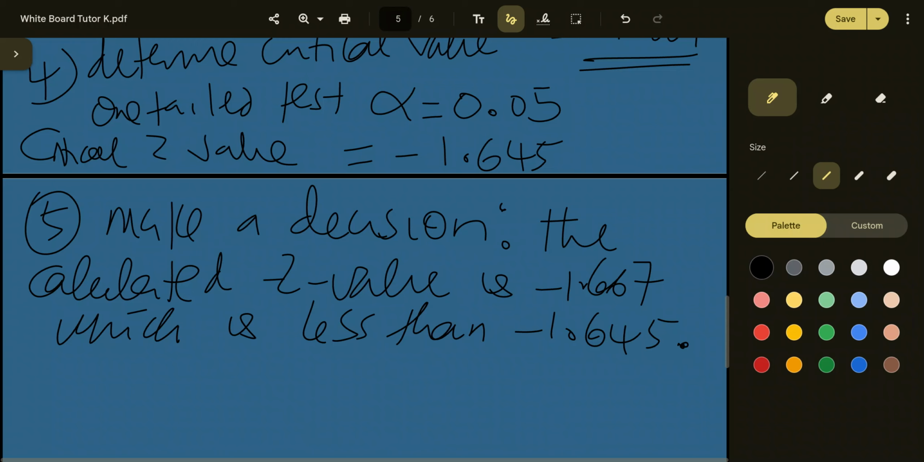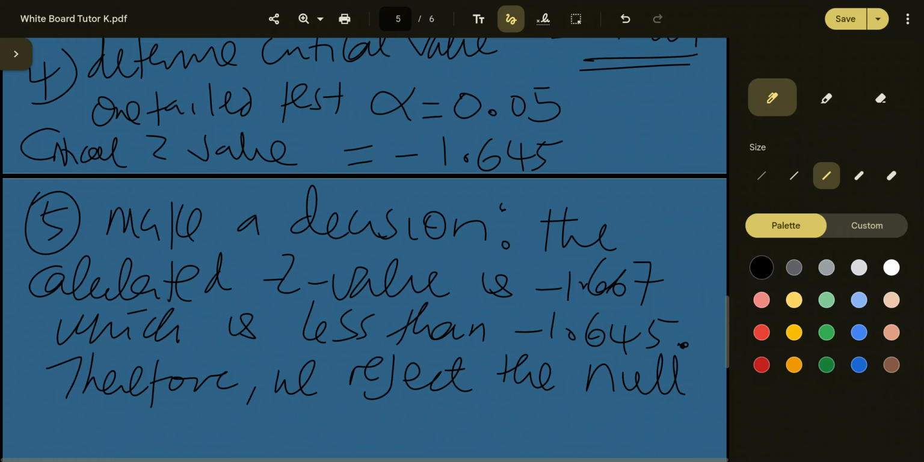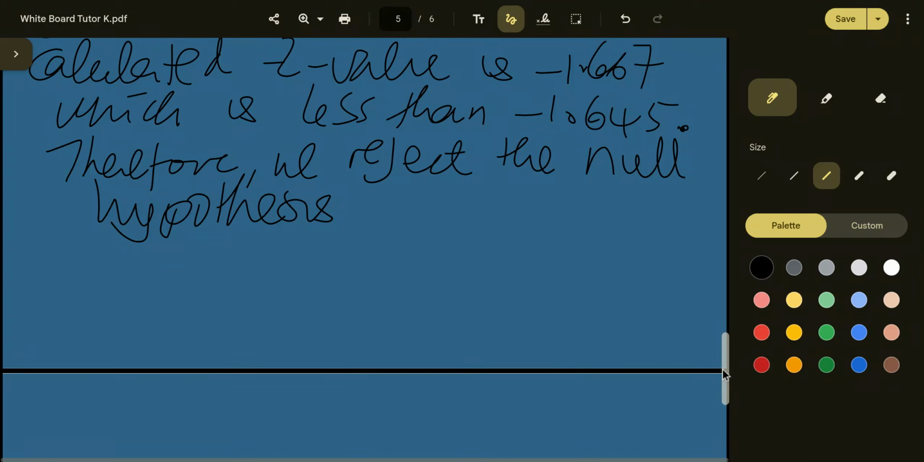So if this is what you found, you're going to say therefore we reject the null hypothesis. So if we reject the null hypothesis, what will be our conclusion? We reject the null hypothesis test. So our conclusion, we are going to say